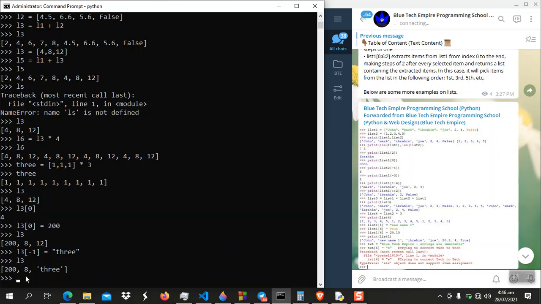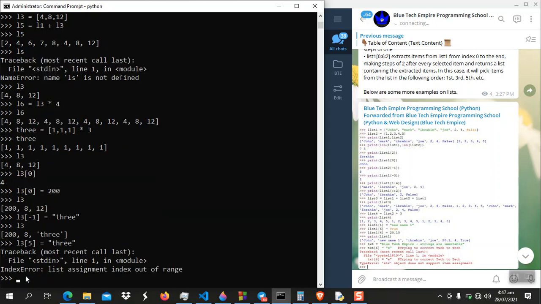So you can even have an empty list, or let's see if you can change the index of a list that does not exist. For example, the fifth index does not exist, so you can't change the fifth index. It must be an index that actually exists. For example, if you have L equals 1, 7,